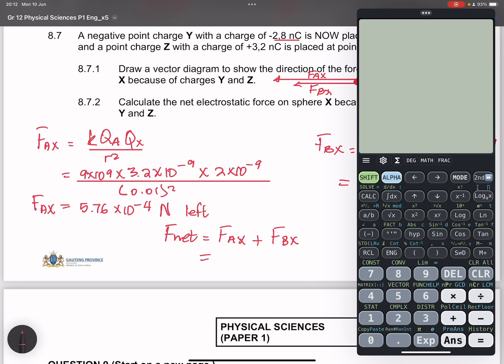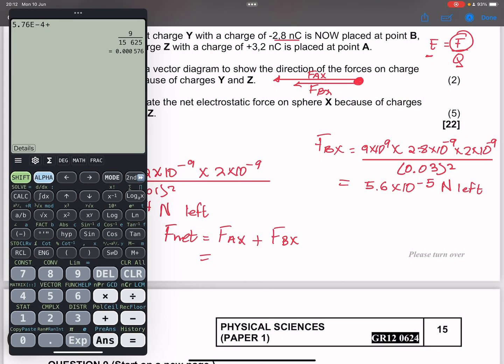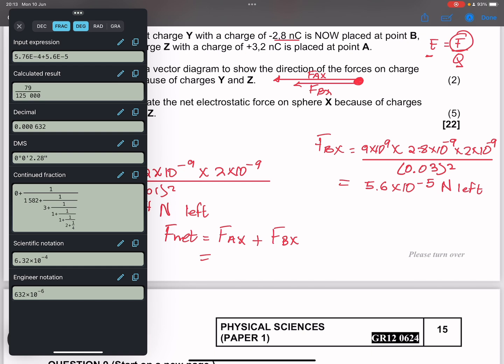So that's 5.76 times 10 to the -4 plus I've added 5.6 times 10 to the -5. Okay, let's get that value. Yeah, so that looks like the correct one. 6.32